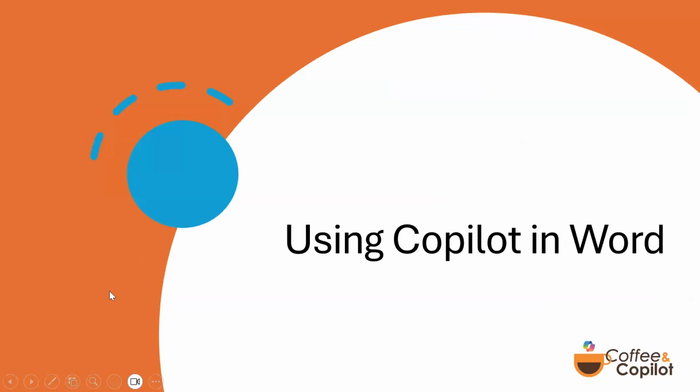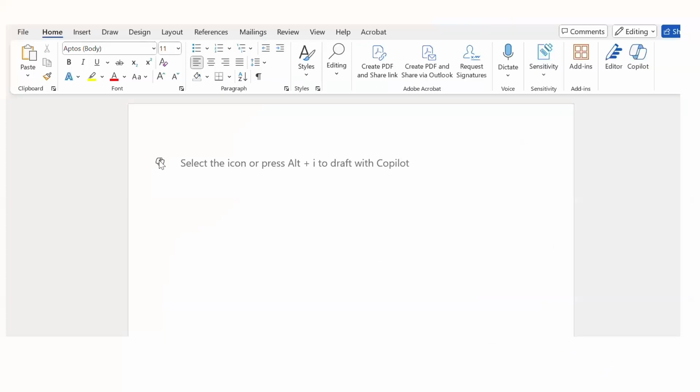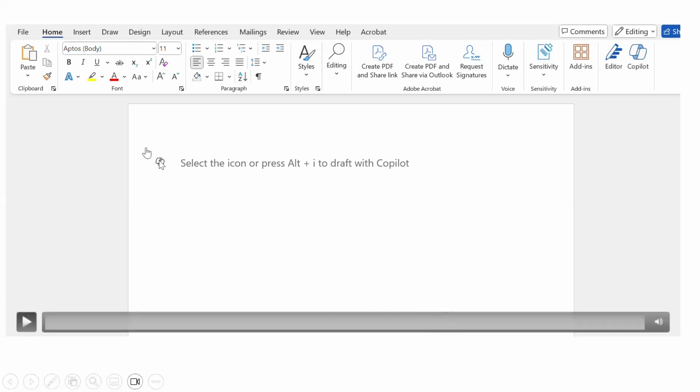So let's think about Microsoft Word, right? You're going to go into Word and you need to create some sort of document. Maybe you need to create an agenda for a meeting. Maybe someone sent you a really long Word document and you want to summarize it, right? All different things. You're going to log into Word and you're going to have this little Copilot icon right in Word. You're also going to have it in the top right corner. So for this particular one,